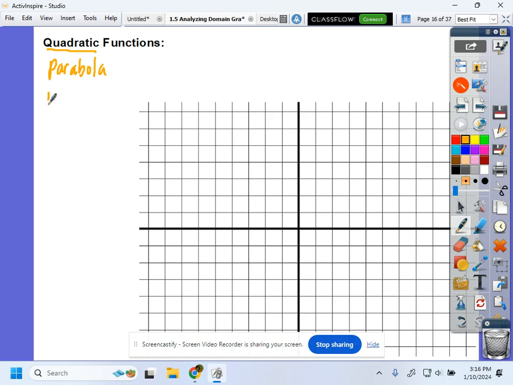The parent function, PF, let's say f of x, is x squared. The best way to graph it, I call it the 135 pattern. So you start at the origin, go up one over, go up three, one, two, three over, and go up five over, one, two, three, four, five. And you don't have a space there. And do the reflection on the other side, and that's how you most likely gonna graph your parabola, your U shape here,